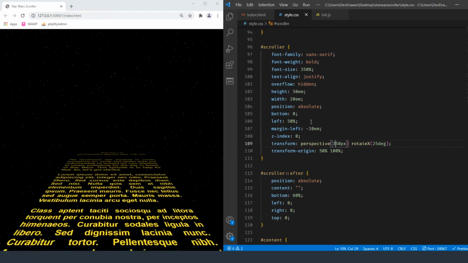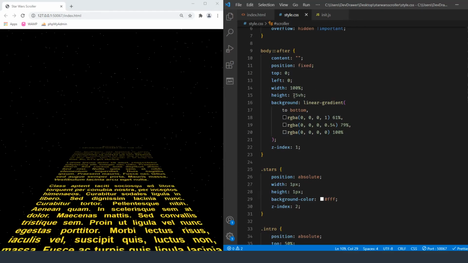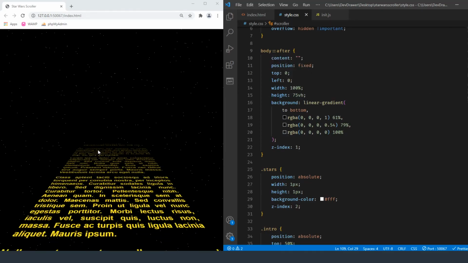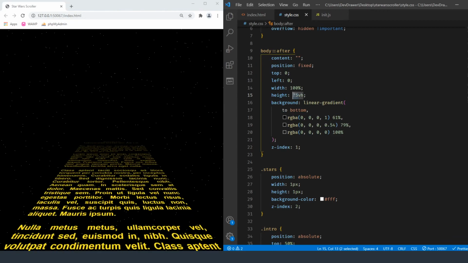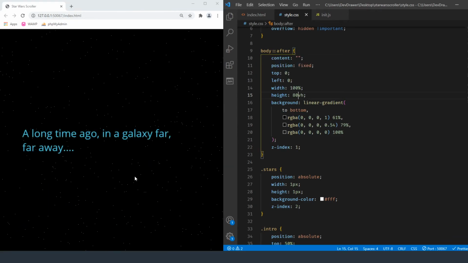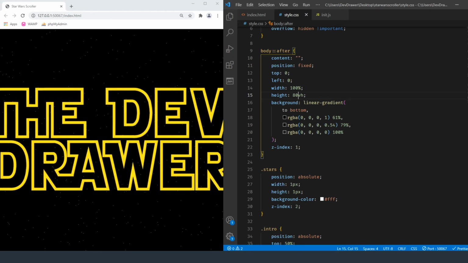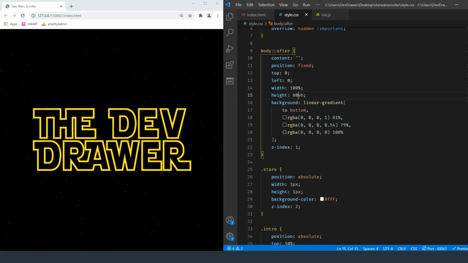So right now, go back up here to after, it's only doing 75 vertical height. I mean, we can change this to, let's say, 80 vertical height, and it should cut it down to about right here. So let's try it one more time, and then after that, I think that 43 minutes to teach you how to do a CSS intro based on Star Wars is a little bit too much time to be spending on this project.